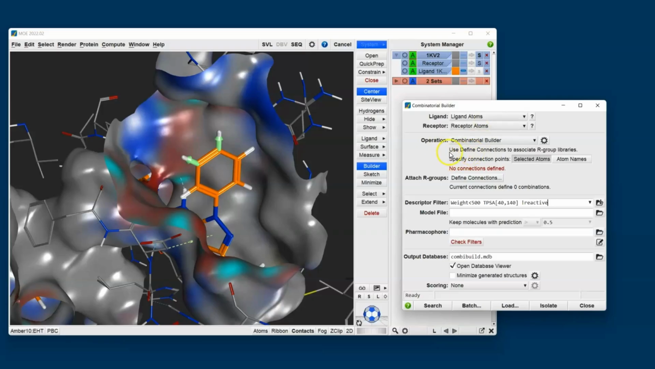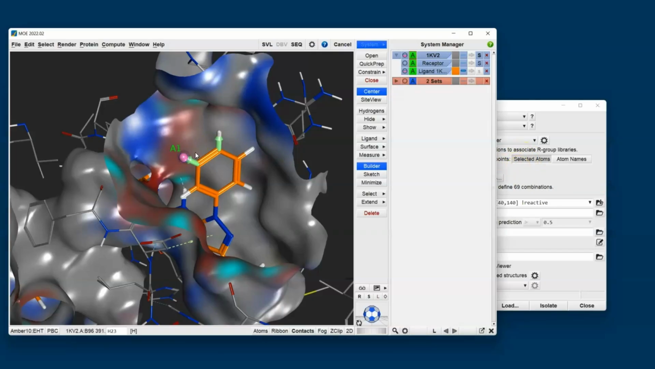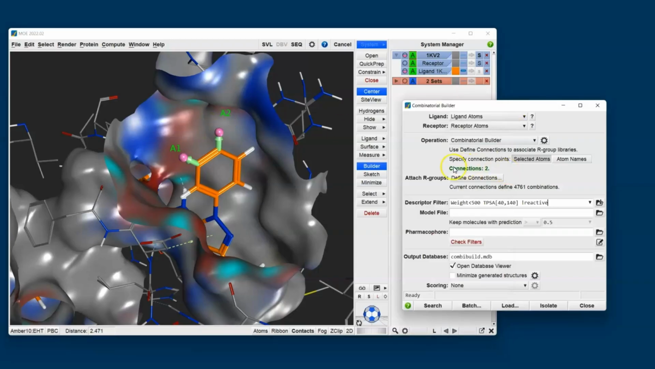So the panel is guiding me how to set up this run. It says use defined connections to associate R group libraries and specify the connection points by the selected atoms. So I'll start by selecting the atoms, and I'm going to select the 2 suggested attachment points. So I've selected those. They become selected in the main Mo window, shown by these pink spheres. It shows me in the combinatorial panel that we've got 2 connections, and I'll move down to the next part